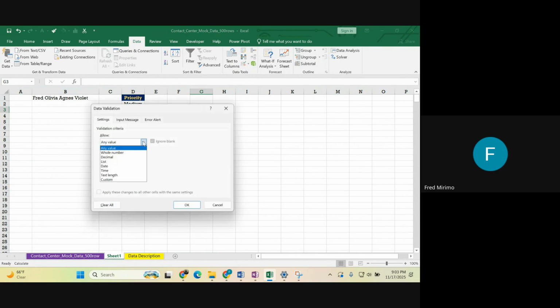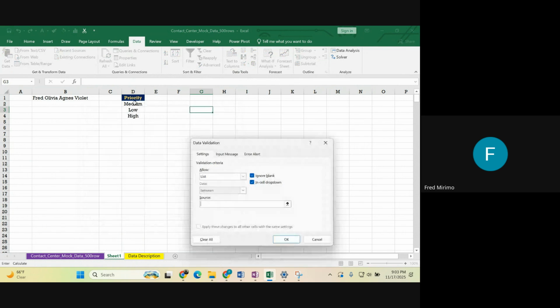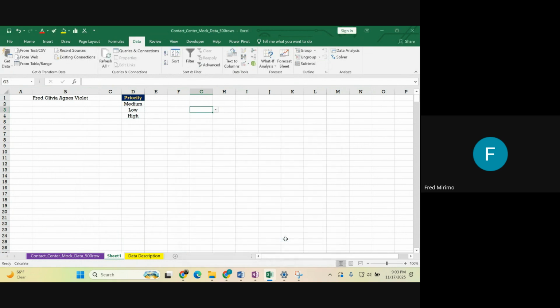And maybe if you need it from a list, and then you select the source, like maybe this source, like that, then click on OK. So when I come to this cell, I can select, so with a drop down. So we will explore